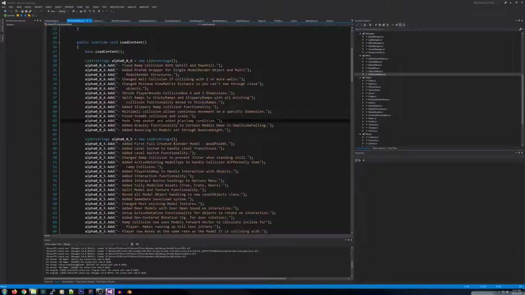The B can jump, that's fairly straightforward. Not much to explain, just if you're in the air for greater than 0.1 of a second, B can jump gets set to false. So if you're colliding with a floor or a ramp, B can jump gets set to true, and then you can jump again. And the gravity